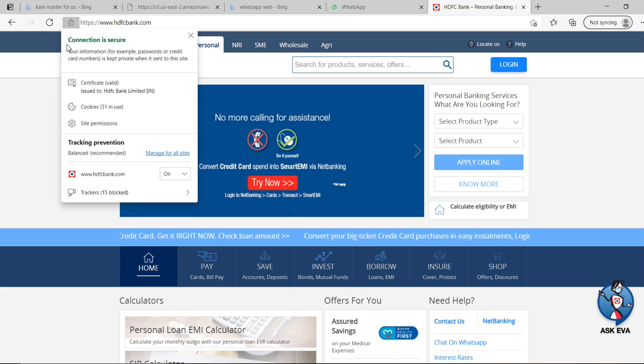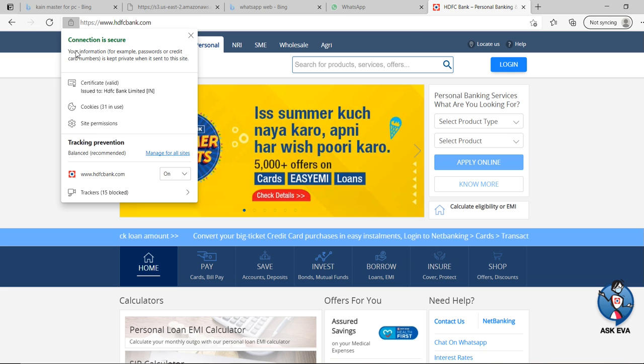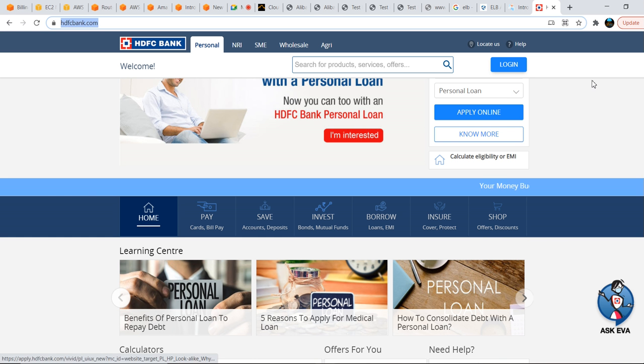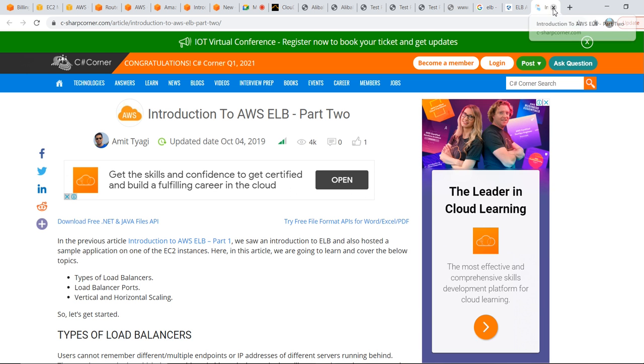Connection is secure. For example, passwords or credit card numbers are kept private when sent to the site. Whenever you are entering the site, your connection is secured. Google has also already blocked it, to use only HTTPS. You can't use HTTP websites in Google now.